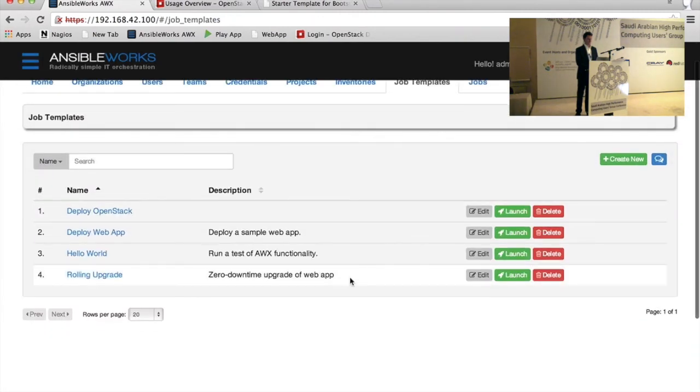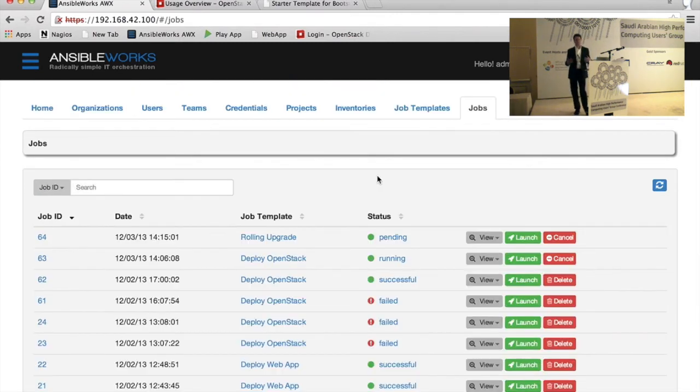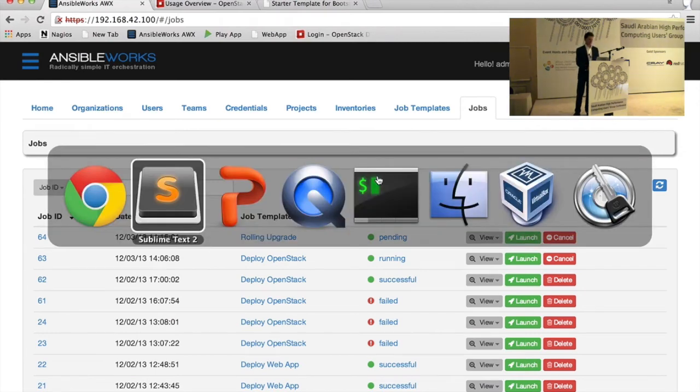So I've saved a change to that job template. I'm going to go ahead and launch that now. And what this is going to do, if this were a real production server, I would have a load balancer, I'd have several web servers at least. And if we go to this playbook,